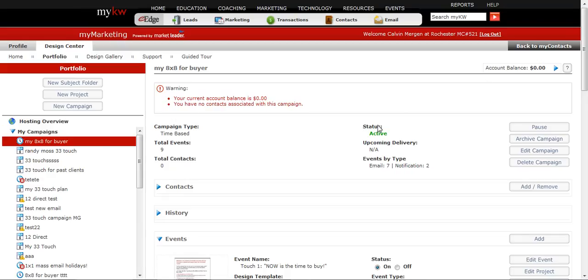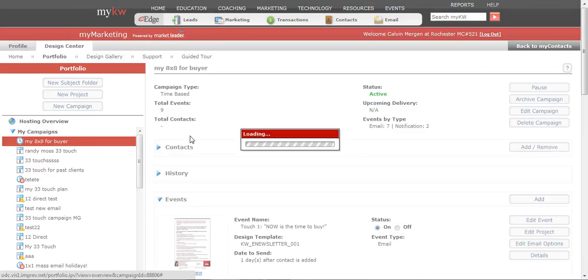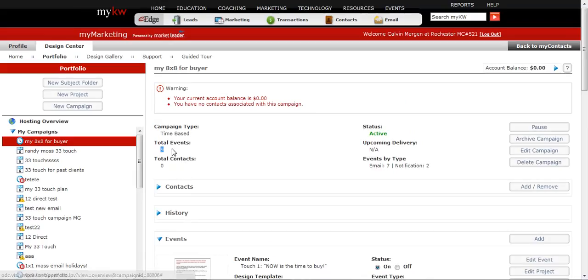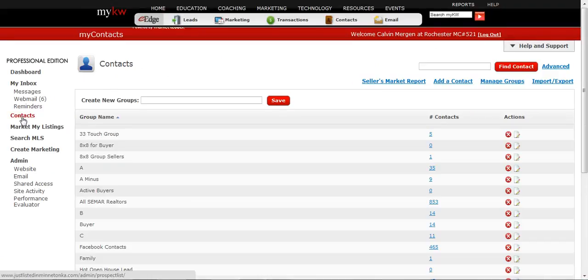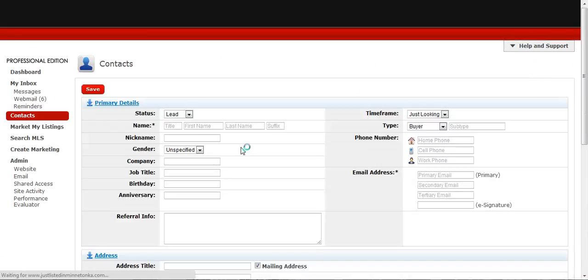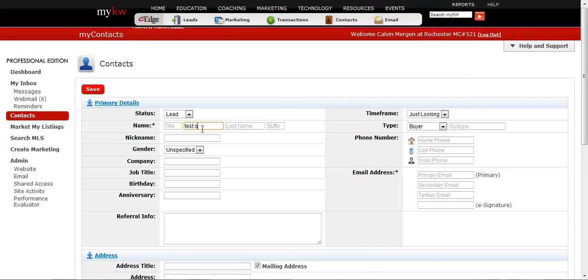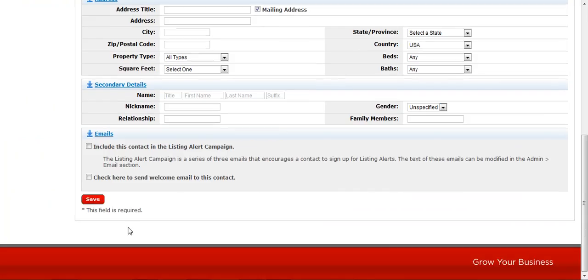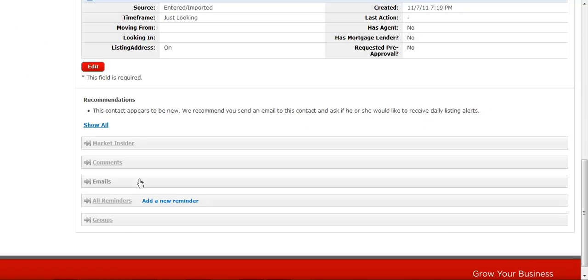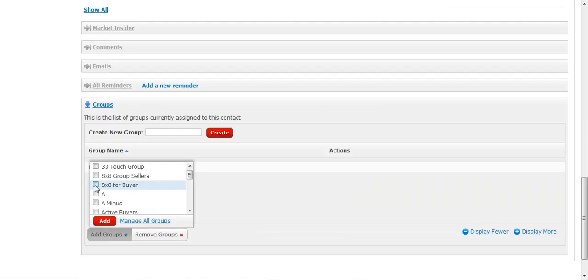So now I can actually go back to my 8x8 for buyer here, and then I can see how many events, there's 9 events, how many contacts I have on there, and then I can actually look at some history of this. But now, if I go back to my contacts, all I have to do is add a new contact, test client, and I'm just going to do testclient@gmail.com. And then all I do is I do have to hit save, and at that point, now that he's saved, I can add them to a group. I just go down, add them to my 8x8 for buyers, and